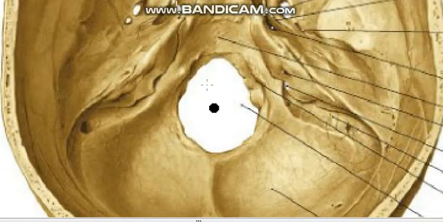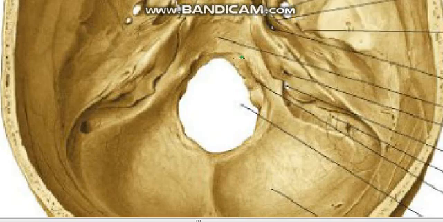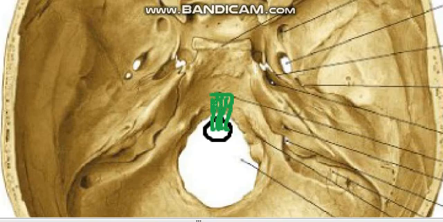Welcome back again. Now we were going to study the last but not the least series of structures which are passing through the foramen magnum. So the structures which we are now interested in are, we have first said that you have the odontoid process of the axis over here. From the tip of the odontoid process you have what we call the apical ligament. So the apical ligament from the tip of the odontoid process of the axis passes up through the foramen magnum and it is attached to the basilar part of the occipital bone over here.